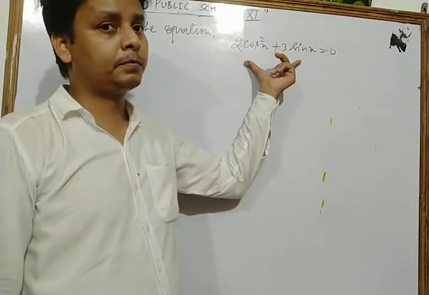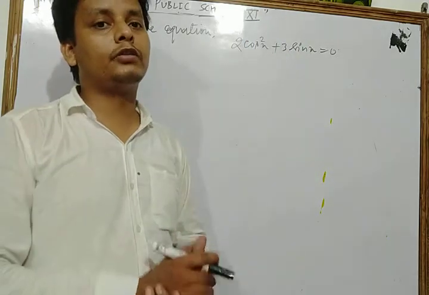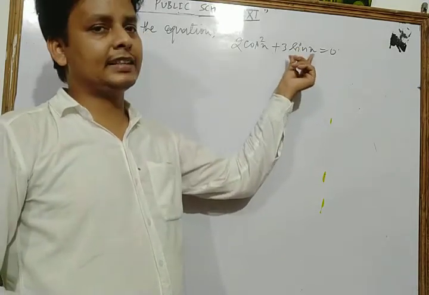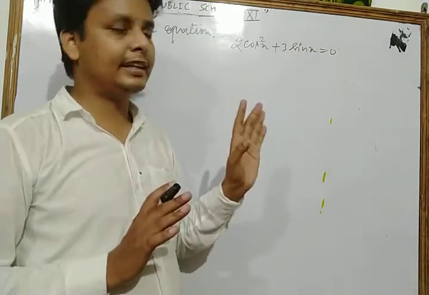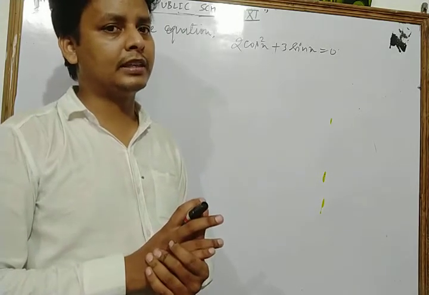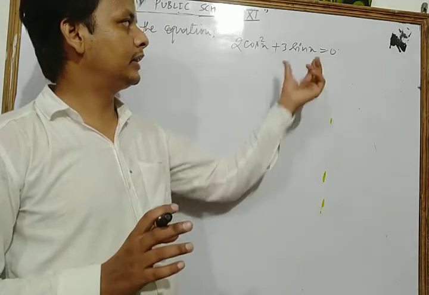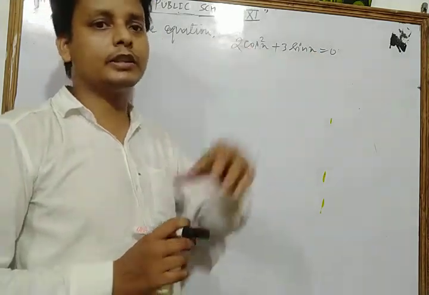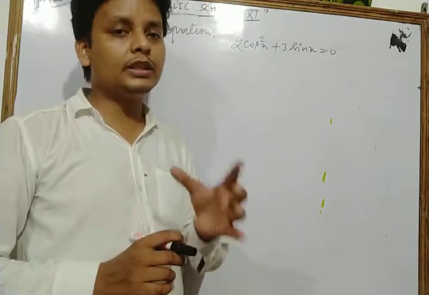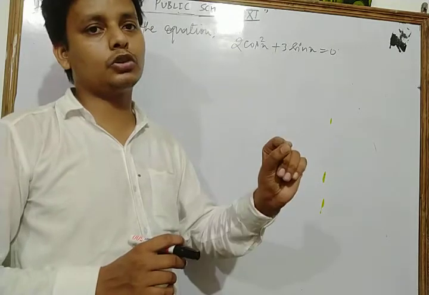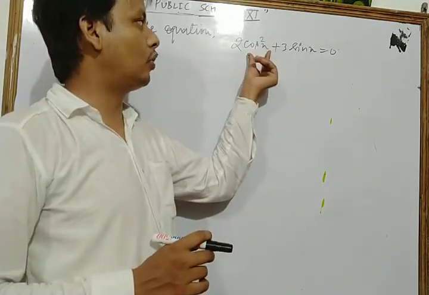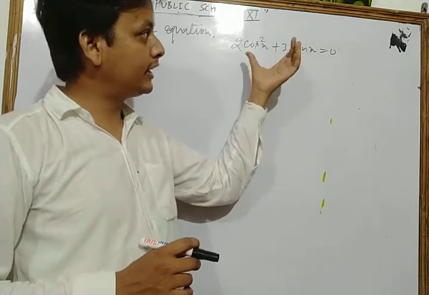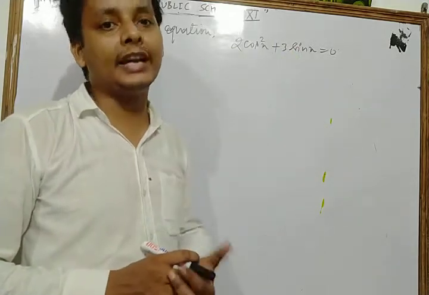What do we do? First of all, we convert this into the same trigonometry function. We don't convert sin x in the form of cos x. We could write sin x as cos of pi by 2 minus x, but there is no requirement of that formula. Here cos square x is converted into sin square x using the trigonometric identity sin square x plus cos square x is equal to 1. So we replace cos square x as 1 minus sin square x. Okay, so we have a quadratic equation in the form of sine.